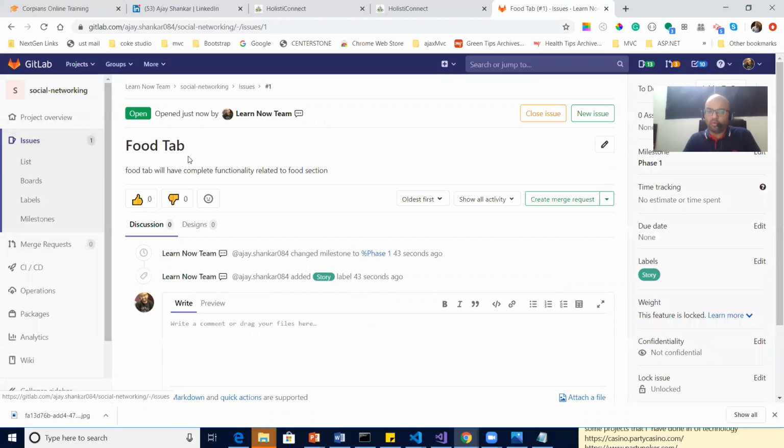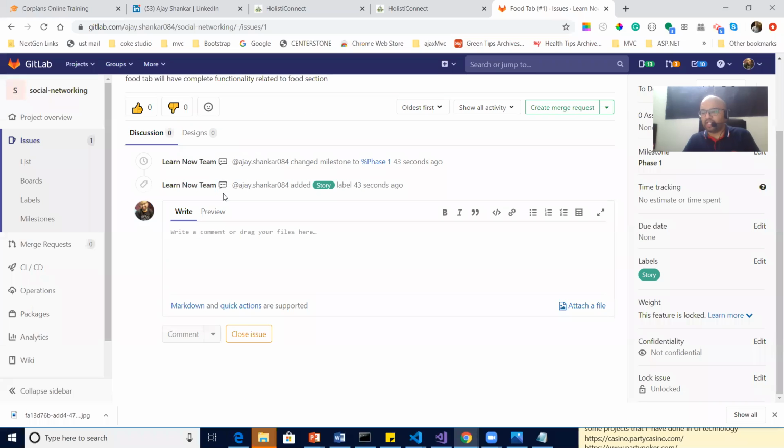Now one issue has been created: the food tab. Under the food tab we'll have all the functionality, and some people will be working on the food tab. Similarly, some people will be working on, let's say, the education tab or health tab. Is it clear to all of you?